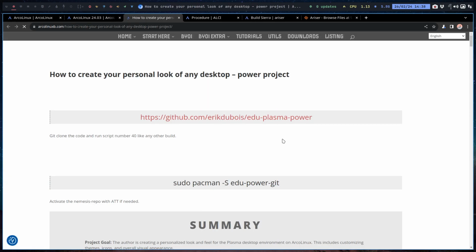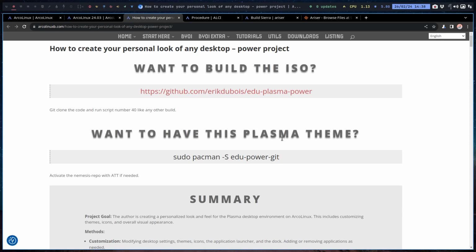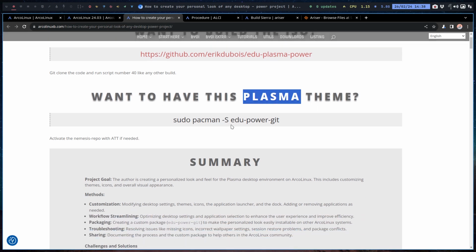I've written any desktop, but you always need to choose one desktop, right? And I've chosen to go for the most difficult one because Plasma has so many folders and files and databases, and they all have to be perfect, otherwise it won't work. i3 is one folder in the .config, BSPWM is one folder in the .config, and so on. That's easy. So I took the most difficult desktop, which is Plasma,